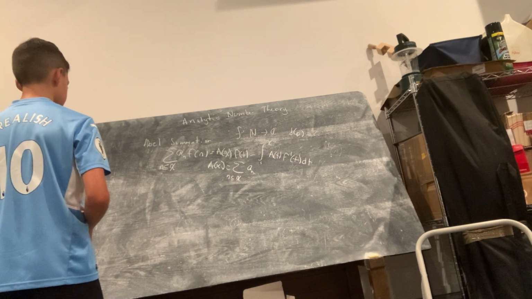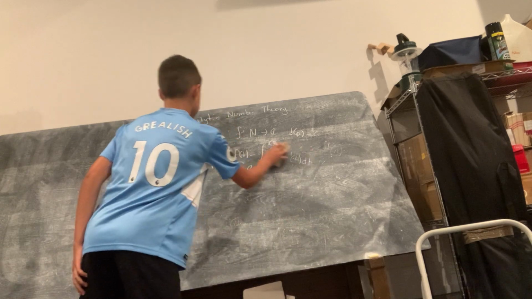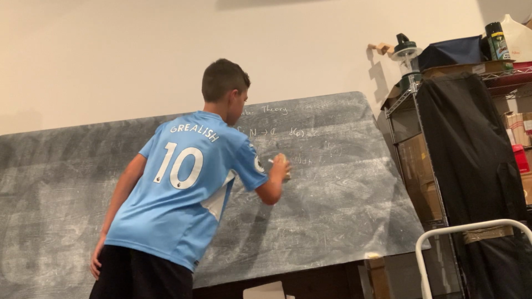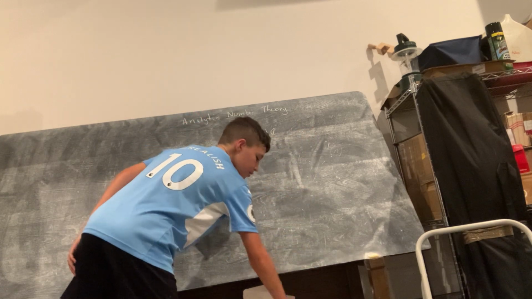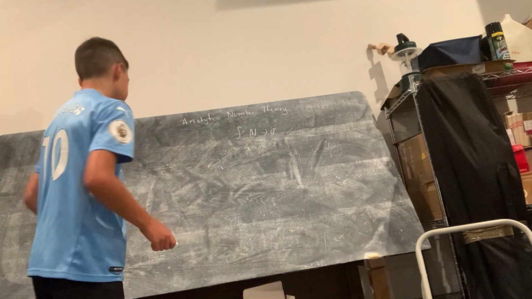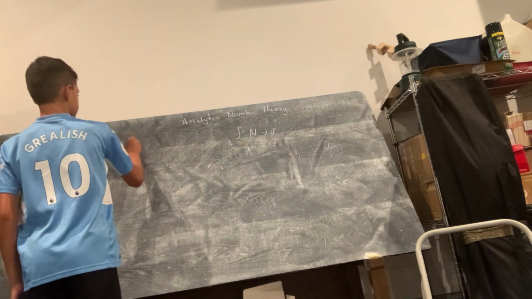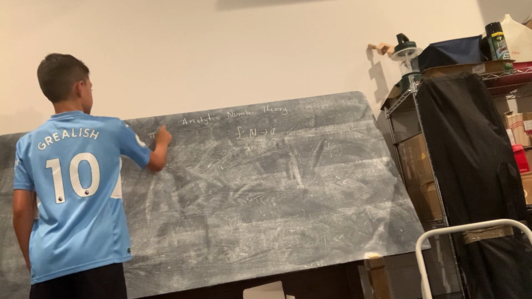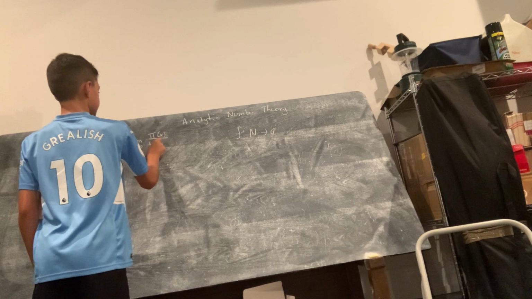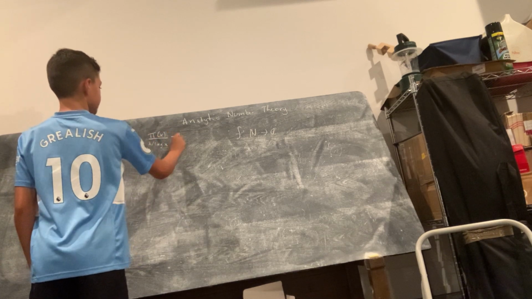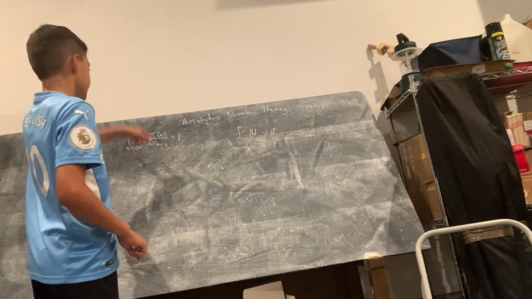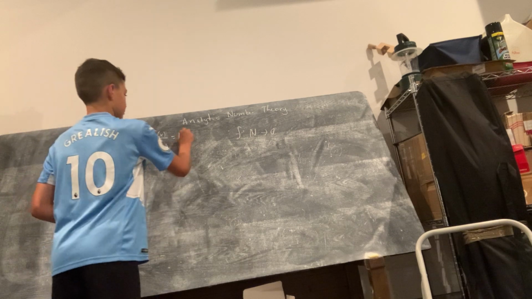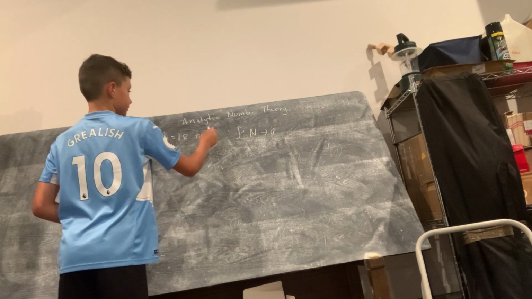So now, let me just clean this up, and let me move on to the prime number theorem. Okay, so the prime number theorem in its entirety states that the limit as x approaches infinity of pi of x over x over log of x is equivalent to 1, meaning that pi of x is asymptotic to x over log of x. And this is also for pi of x, the prime counting function,